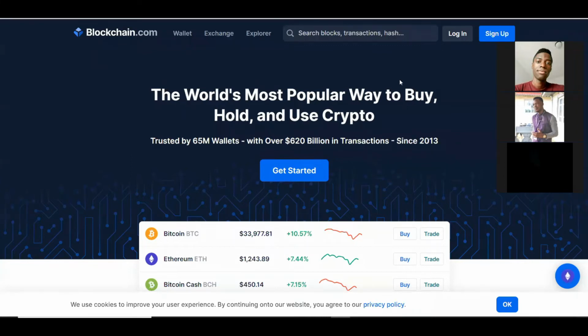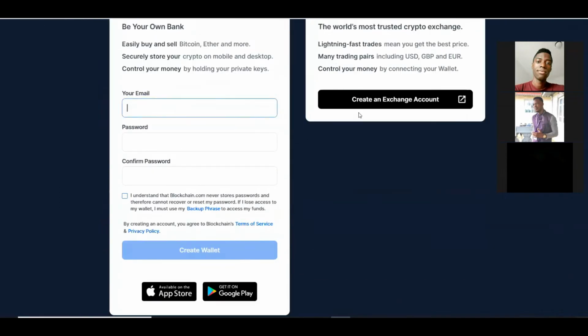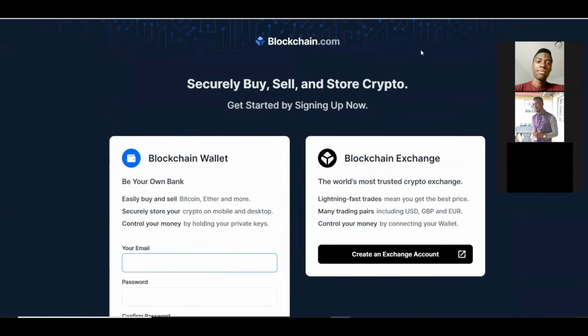Now, it's just for the person who said he doesn't have a Bitcoin wallet. You just come on this website and you click on sign up, simple steps, and you put your email and password, and you are all done. That's very simple. So you just put your email, password, and you have created your wallet. So that's how it functions. So it's very simple to create a Bitcoin wallet. Now,